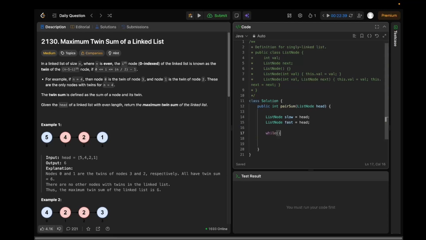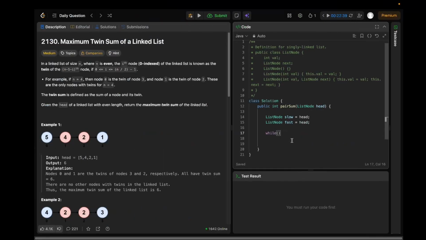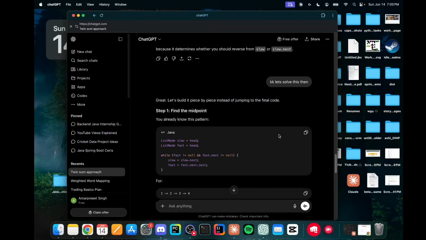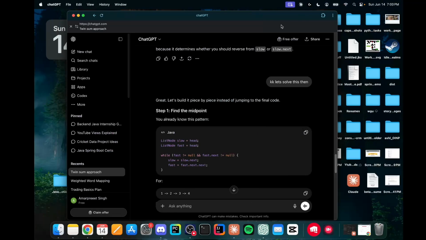And we do while fast is not equal to null and fast.next is not equal to null, we do slow equals slow.next, and fast equals fast.next.next. So we get the slow at the middle. So from the midpoint,